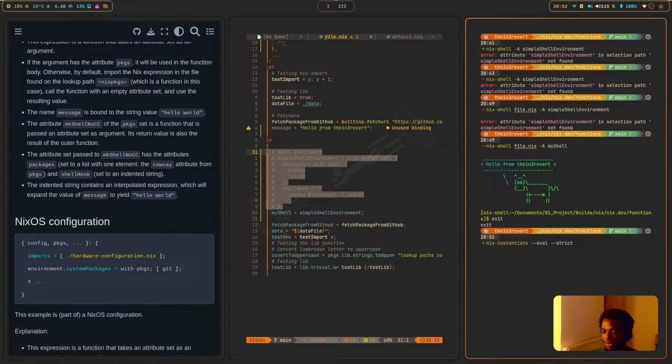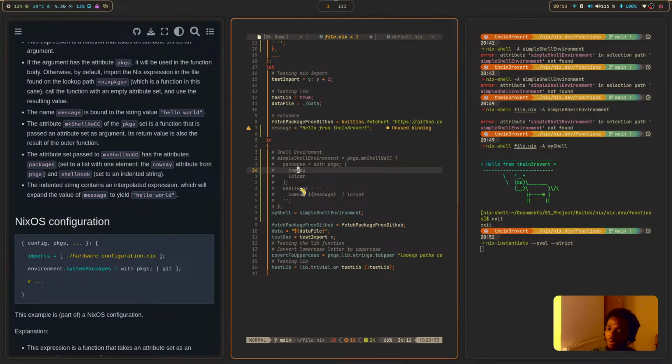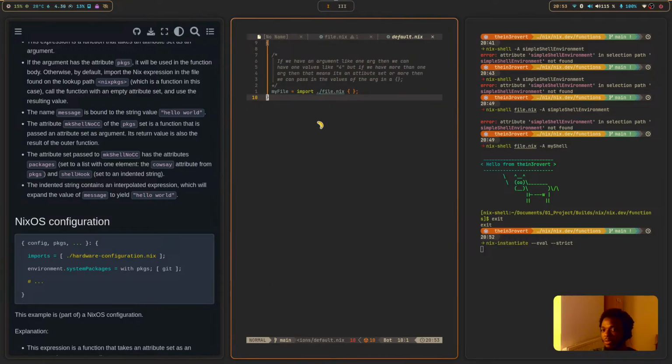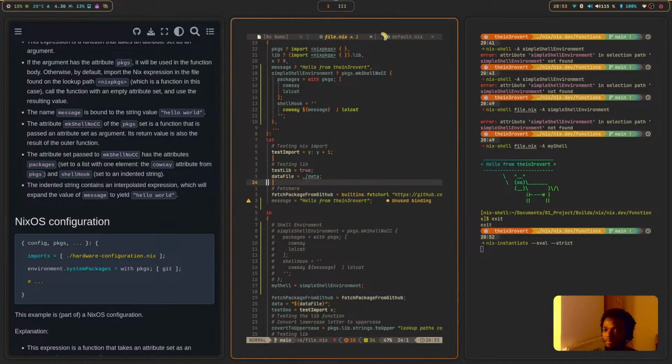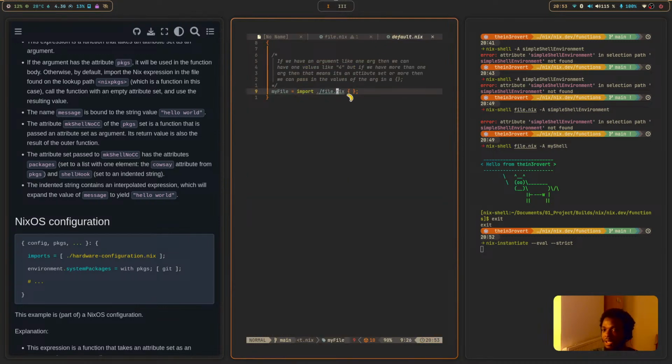And this command would go ahead and look for a default.nix file to evaluate. That's how I've been running my command for a while. So the reason why it's not working with the shell itself was because if you go to my default.nix file, you would see that I have a file.nix, which is this file. So I import the file.nix and then I pass in the